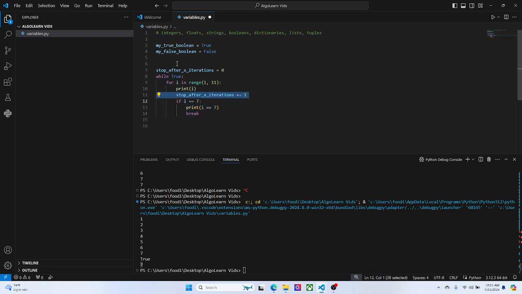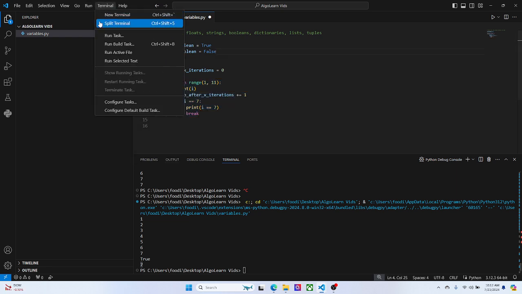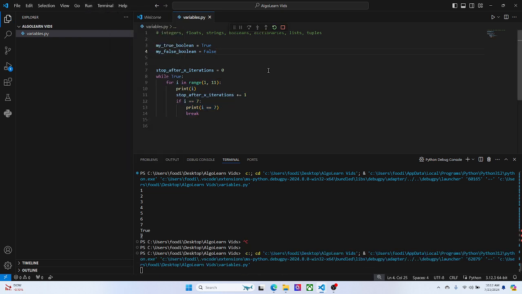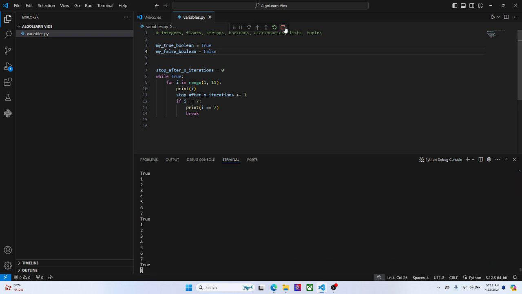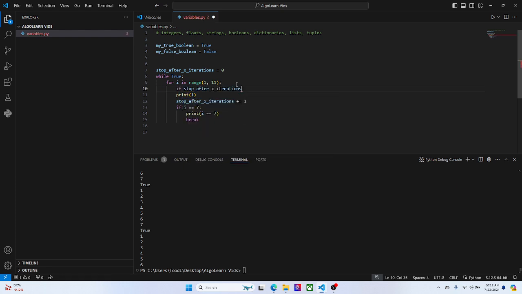Okay. So the while true loop, when this breaks, it's going to go back up to the top and execute this again. And if I ran this right now, it would just go infinitely, forever. It would just never stop. But with the stop after x iterations, and I'm adding 1, I can add another check here. So let's say before I print I want to make sure if stop after x iterations is equal to 2,